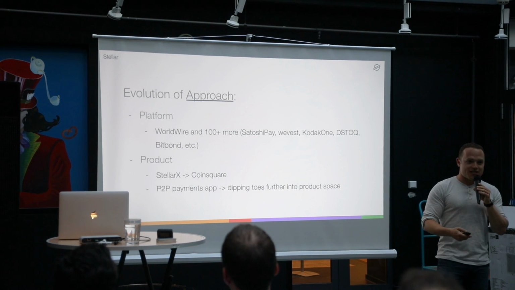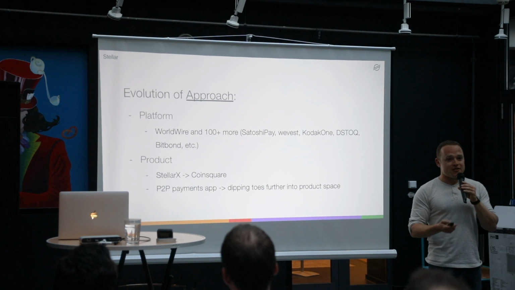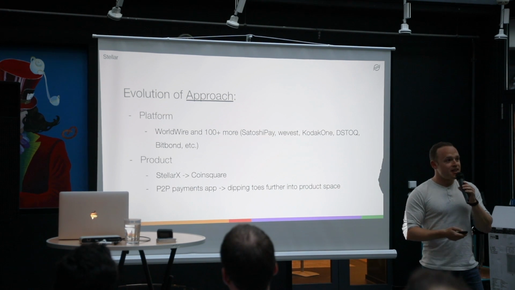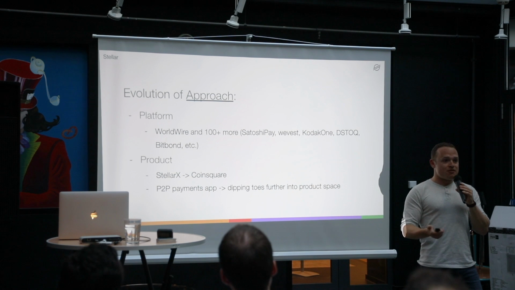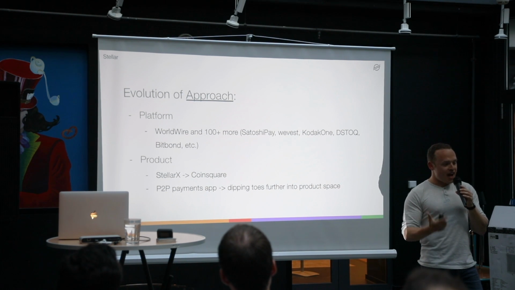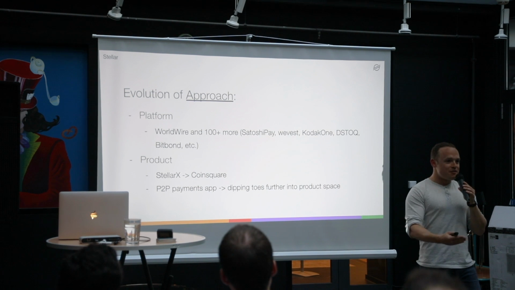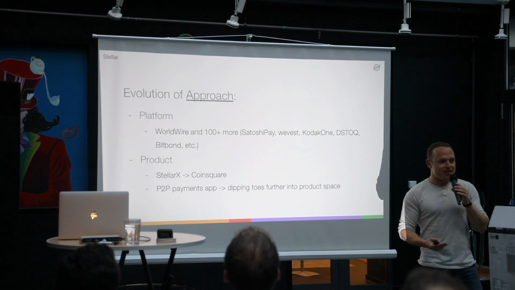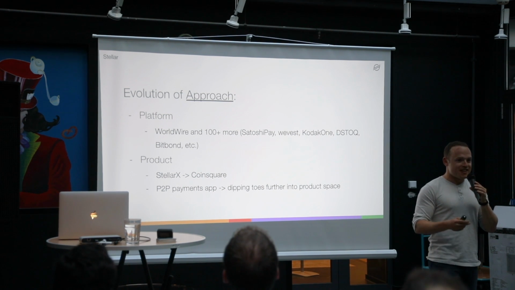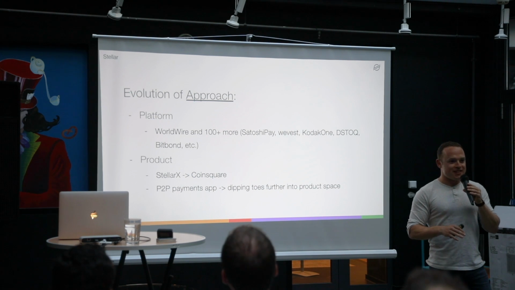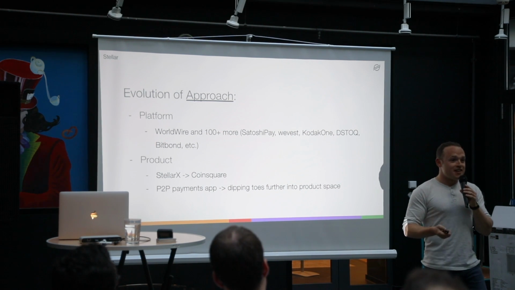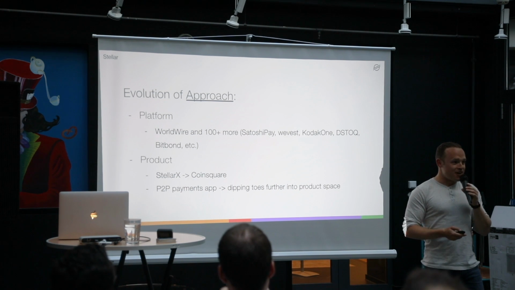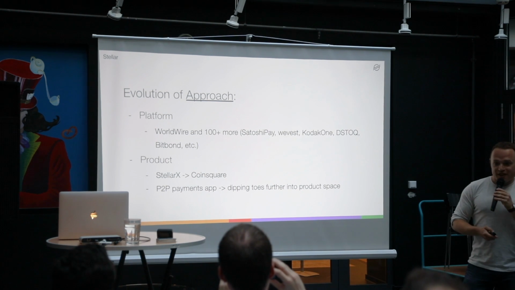We're building products that we think deserve to exist in the Stellar ecosystem. Stellar X is the first example of this. So, we had this really robust decentralized exchange with a lot of interesting assets represented on it. There was no good way to interact with it. Your average person isn't going to go interact with the API to go trade assets. And so we said, you know what, we're going to build it ourselves. And so that was Stellar X. It was pretty popular. I think it's a pretty smooth product.